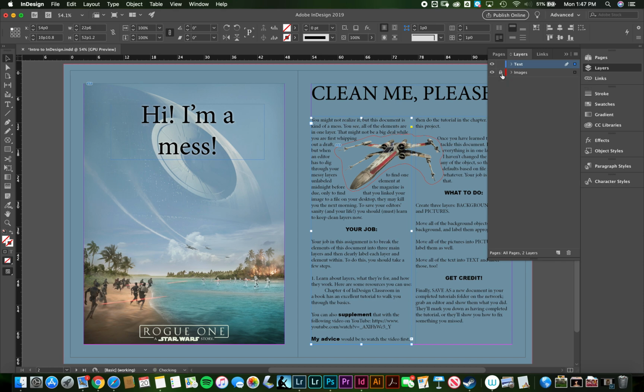There's not that much that you have to do. To get credit for this assignment, you need to have your final document organized into layers so that this looks fine and the layers are fine. And then you just save it. If you hit File, Save As,